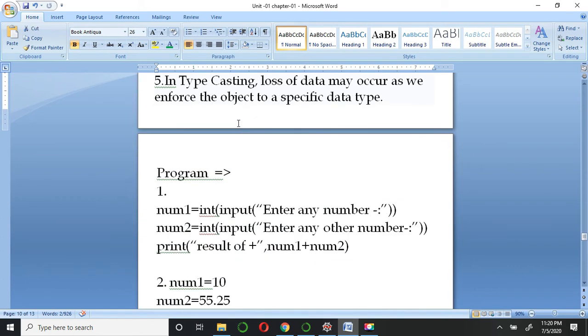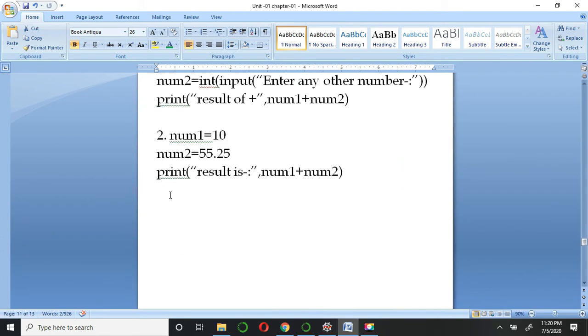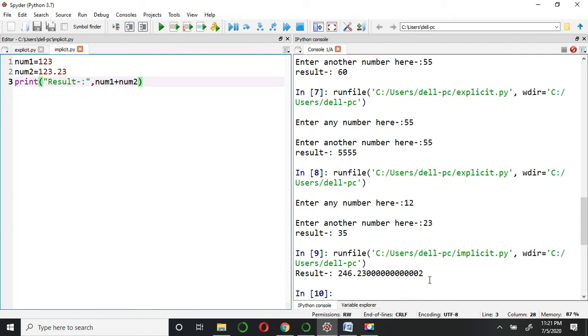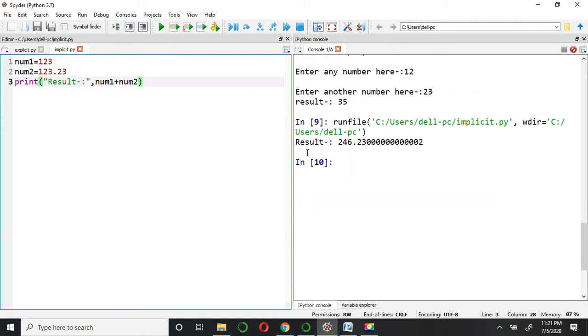Let's come back to the program. In this program I have taken one variable, num1, which has a value of 10, whereas num2 has a value of 55.25. Let's see the output in the interpreter for implicit typecasting. So num1 has a value of 123, whereas num2 has a value of 123.23. Let's just execute this. You can see the result is